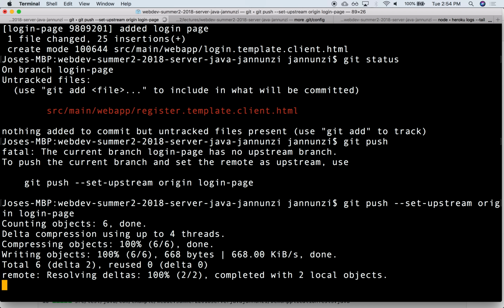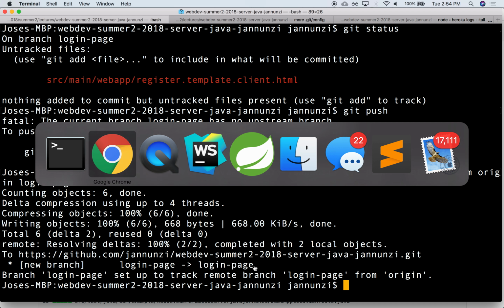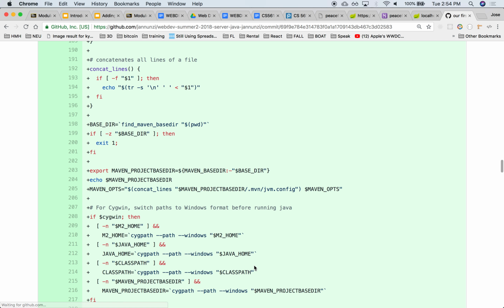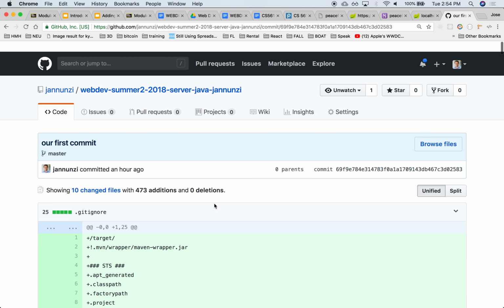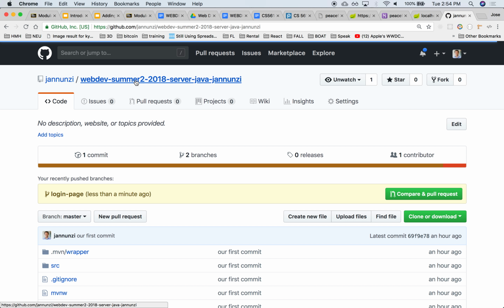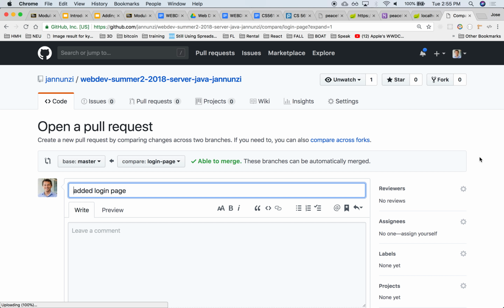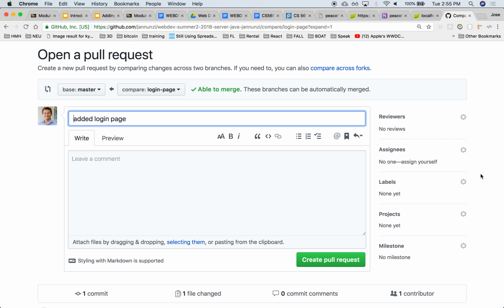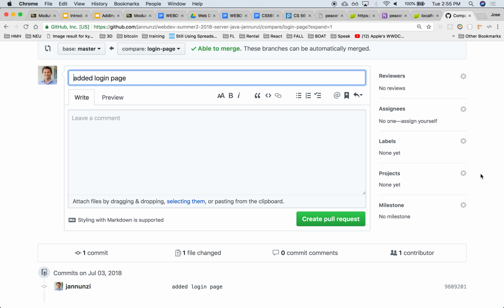Right, it gets created, it gets pushed. Now on GitHub, if you refresh, if you go to this, it'll say, hey, you just pushed this. There's a brand new branch, login page, right? And it says it doesn't conflict with anything that is already there, all right? And since it's just you doing the assignments, then it's okay for you to just merge,